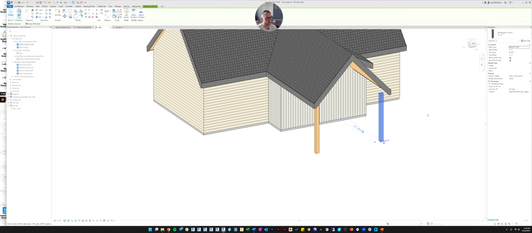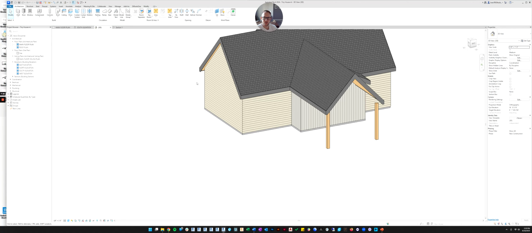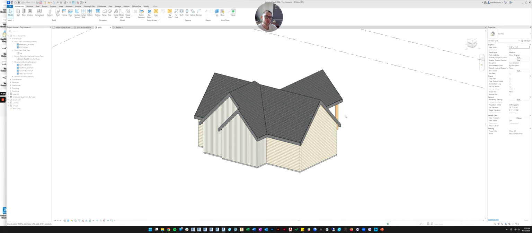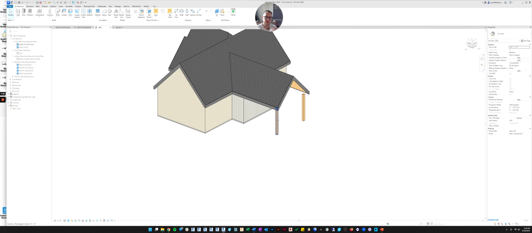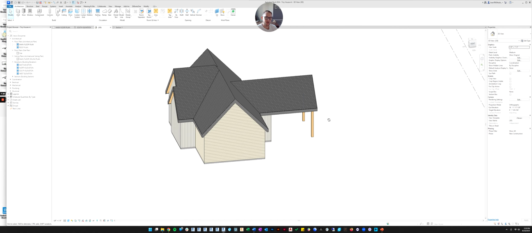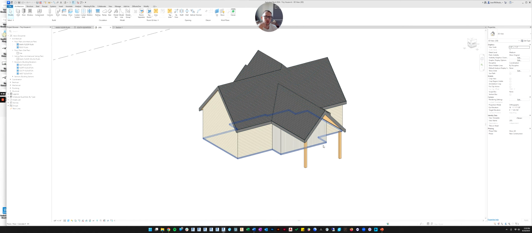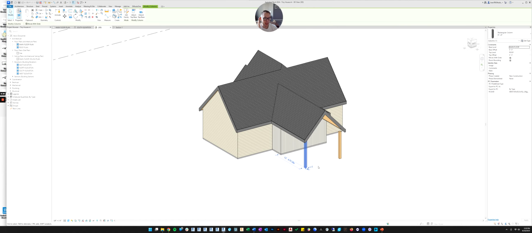It's the same thing with these columns. This column will let you set the base level, and it'll even let you set the roof level or the top level separately from this column. Because imagine if you had other columns on the front porch, you'd want those to behave differently as far as height than the back columns. So this is also controlled by whoever made this family. They have to think through, okay, what do we want to let the user change for the type of family, and what things do we want to let them change for each instance of the family?